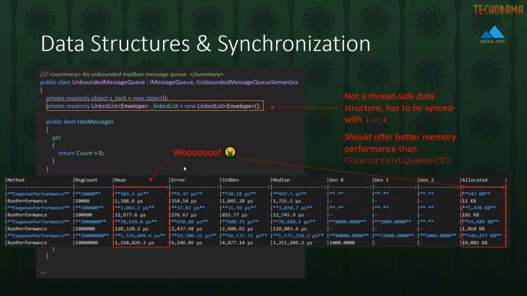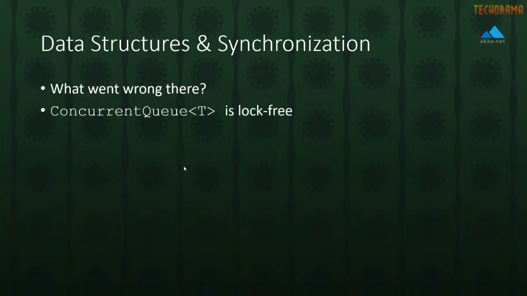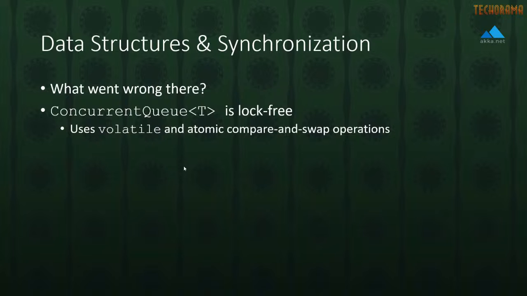Why did that happen? Well, the answer is that concurrent queue, for all of its drawbacks, is actually exceptionally performant. One of the reasons why it's so performant is it avoids the use of locks. Lock contention is a measurable source of throughput impact inside your applications. And basically, locks should be used when you don't really have another option. If you have a really complex critical region of code where there's shared memory in there and there's no other way to synchronize it, you probably end up having to use a lock.